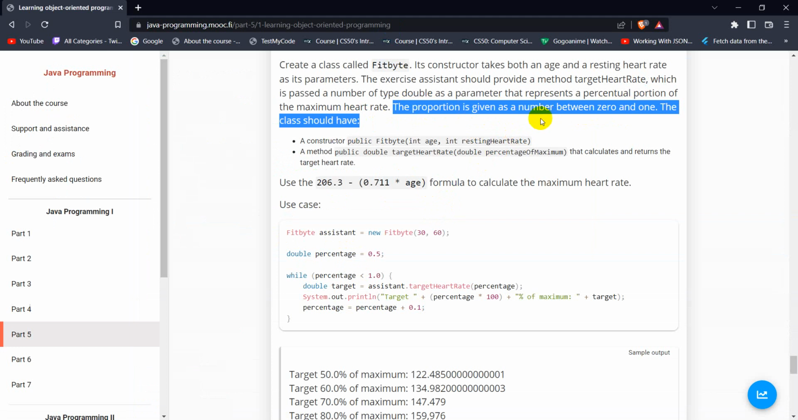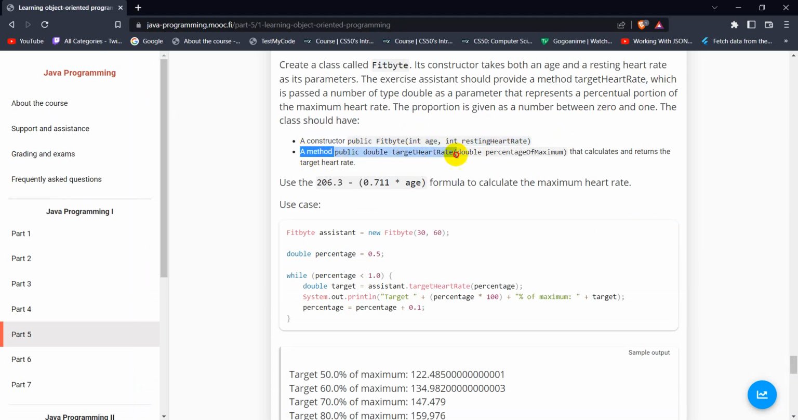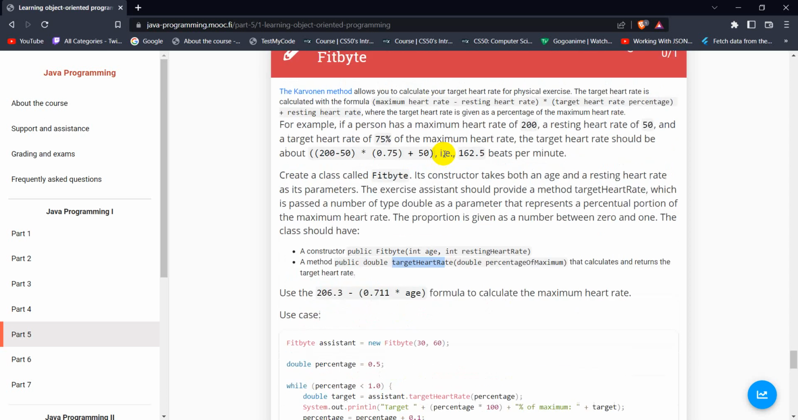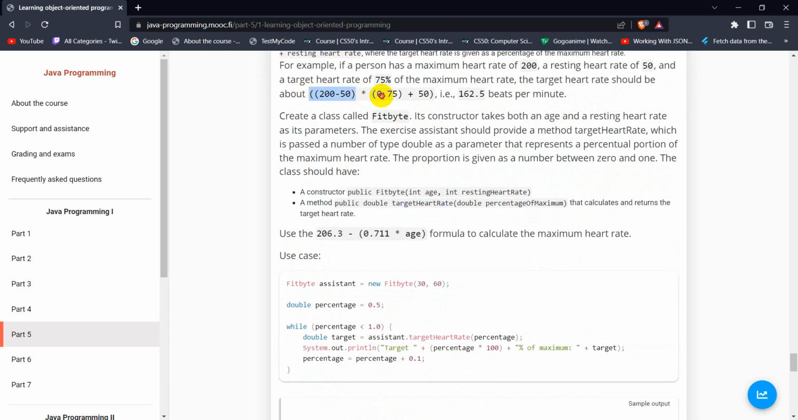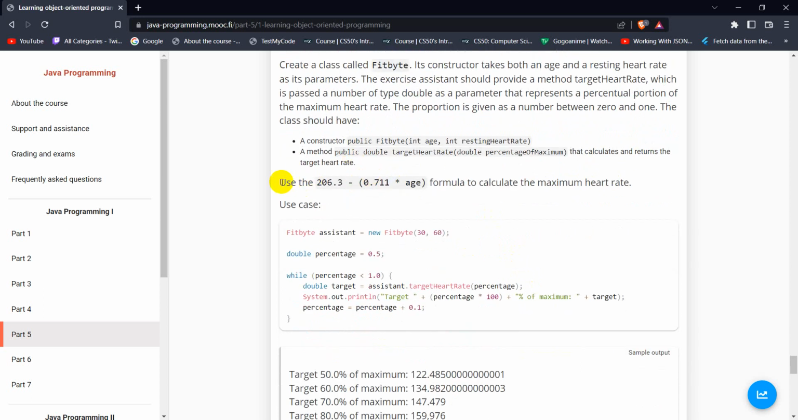Okay, a constructor has been created, a method public double target that calculates and returns the target heart rate. There is a method target heart rate, so this will give us the value of this. There are some calculations to make, and also there is a formula to calculate the maximum heart rate. Maximum heart rate is